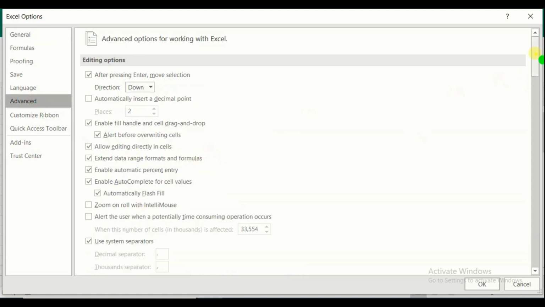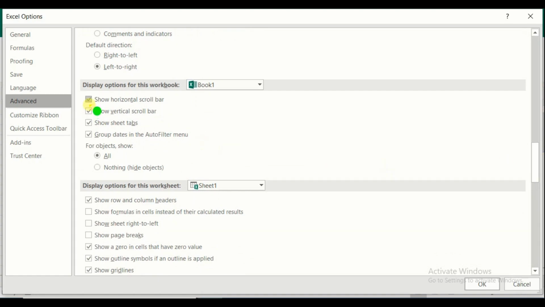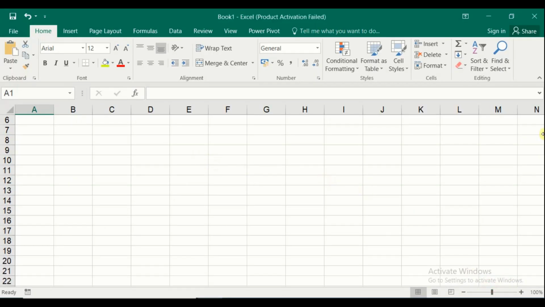Advanced functions. I am just disabling these options. So let's see what is happening. Okay, now you have no scroll bars, either vertical or horizontal, or the sheet tabs.